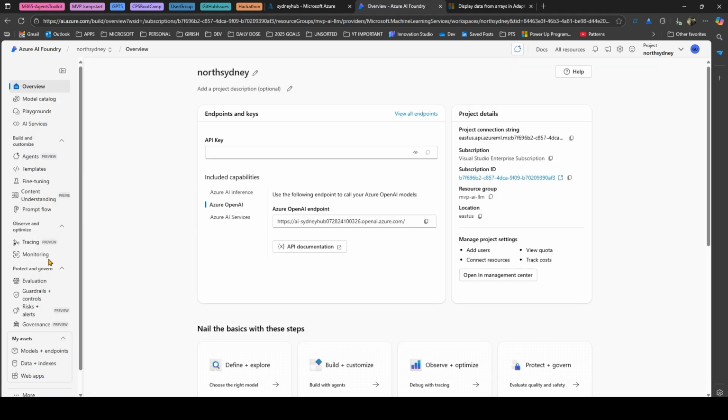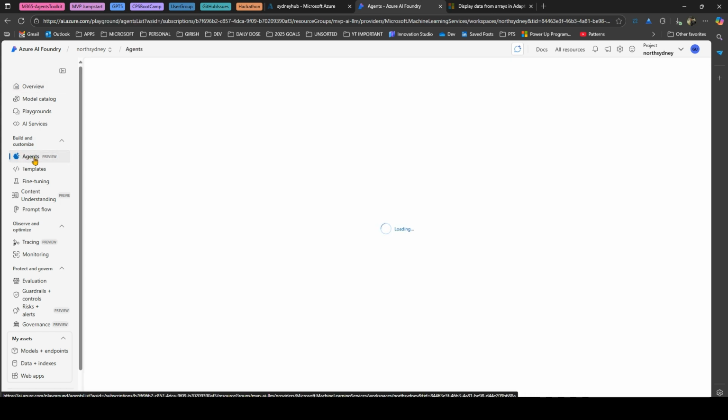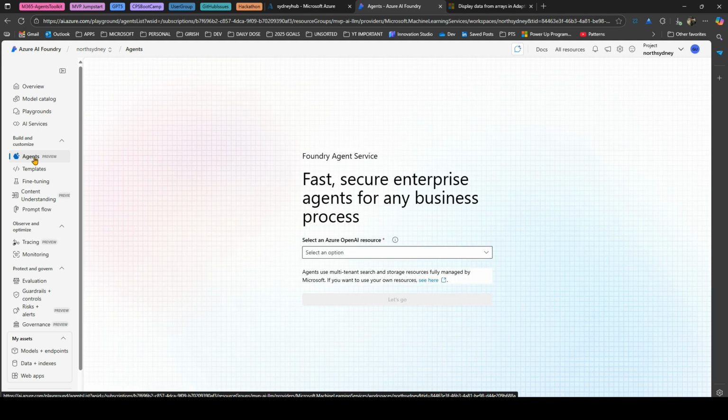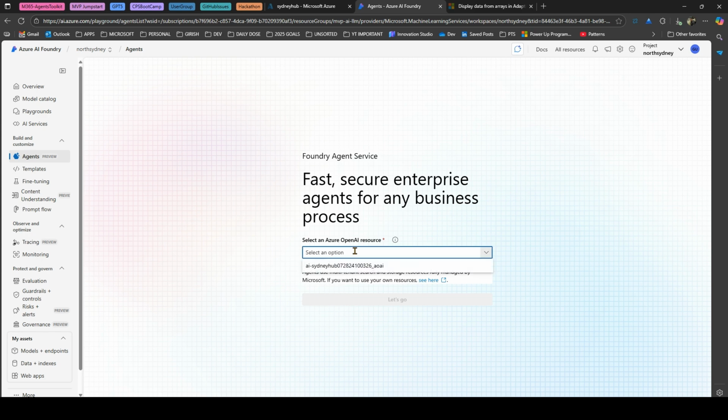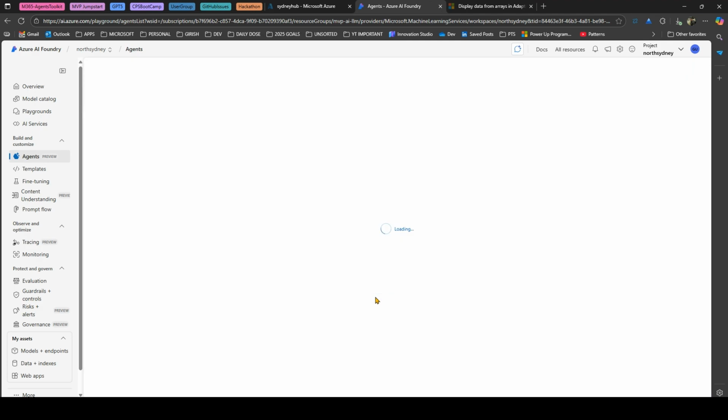So if I go into the projects, now this is the project which I have. Here you will see an option called build and customize. So if I click on agents, I have an option to create an agent. First, I need to select an Azure OpenAI resource. Now, I have already created an Azure OpenAI resource. Click on Let's Go. Now, what it will do within a project, it will allow me to create an agent